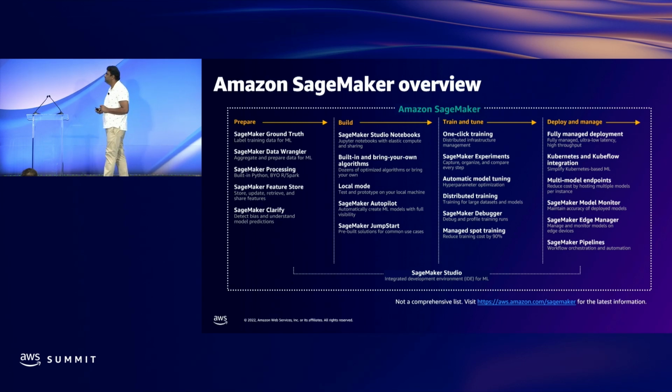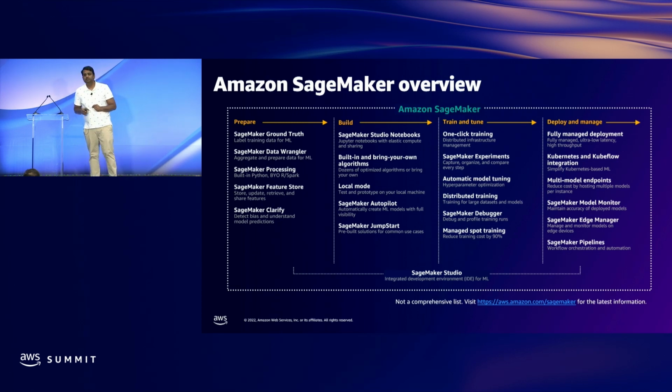Some of the notable features of SageMaker Studio are elastic and shareable notebooks, automatic model creation to reduce the barrier for your business to get benefit from machine learning, experiment management to capture, organize, and compare different steps of model iteration, automatic model tuning using hyperparameter optimization, a debugger that can debug and profile your model training jobs, a model monitor that can continuously monitor your production jobs and look for data quality drift.